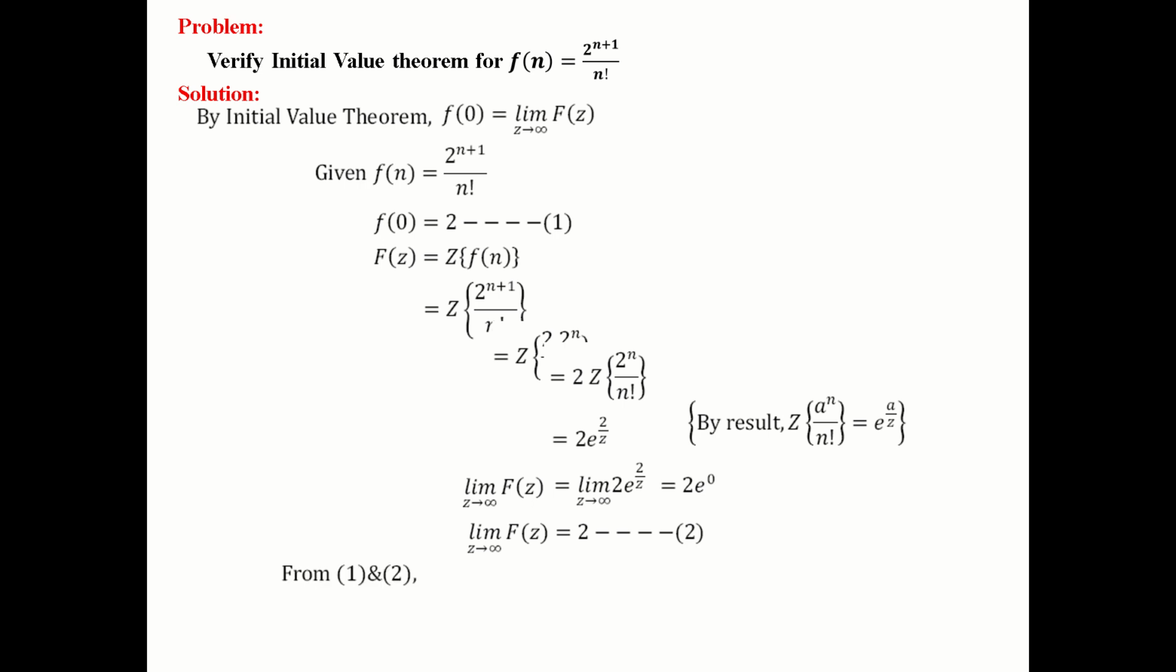So from 1 and 2, we will get f of 0, because the right hand side equal 2, 2. First equation, right hand side 2. Second equation, right hand side 2. Therefore left hand side equal. So f of 0 is equal to limit z tends to infinite f of z, that is equal to 2. So we have verified the initial value theorem. f of 0 equal to limit z tends to infinite f of z. Thanks. We'll see in